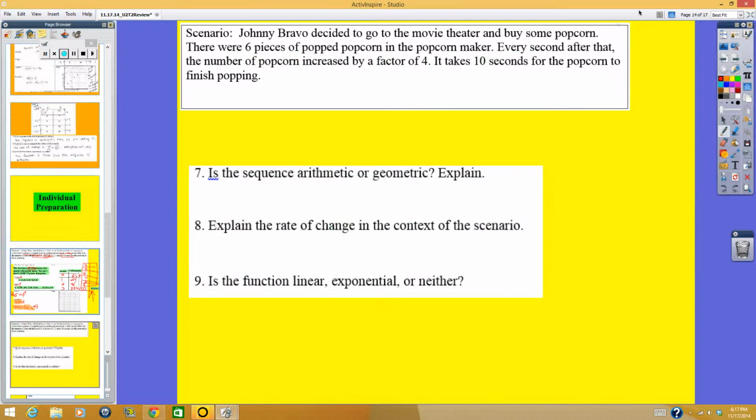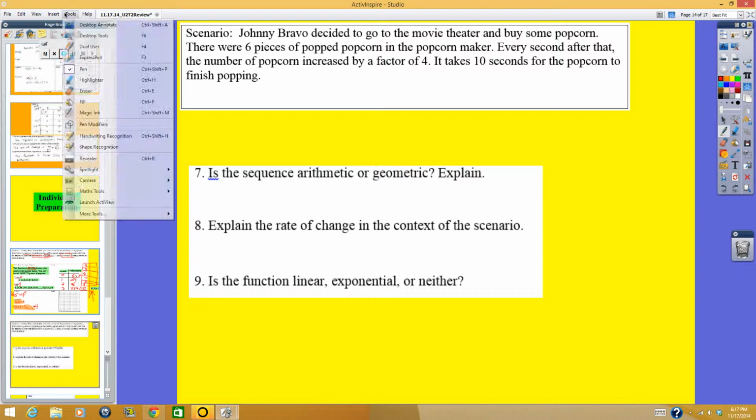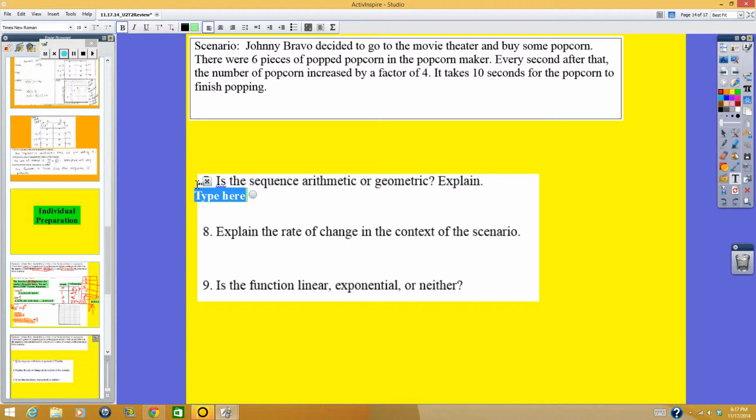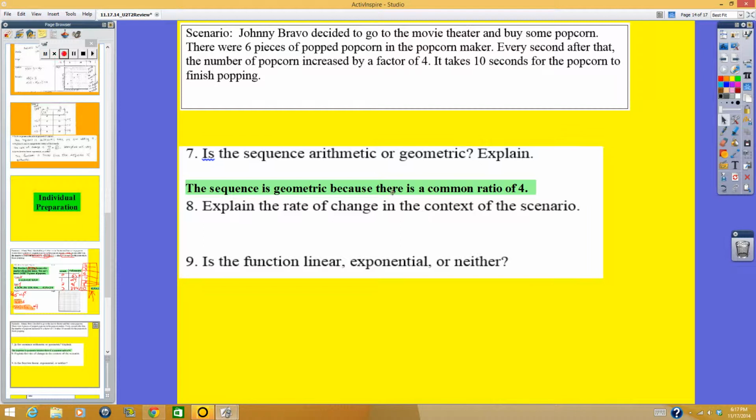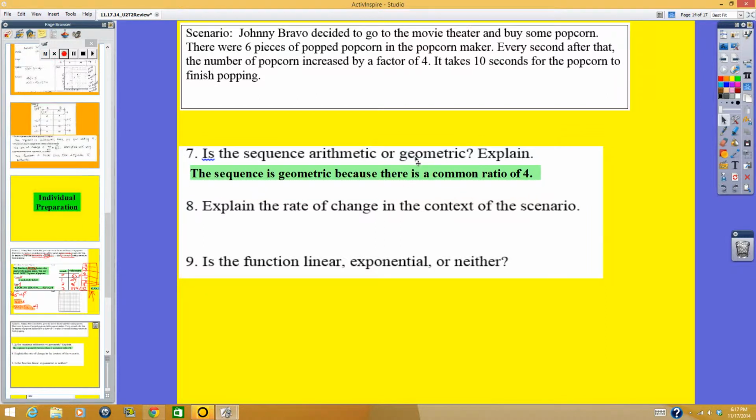Is the sequence arithmetic or geometric? Well, I would say the sequence is geometric because there is a common ratio of 4. Don't tell me it's multiplying by 4. Okay? And that's one thing I'll give you a reminder of